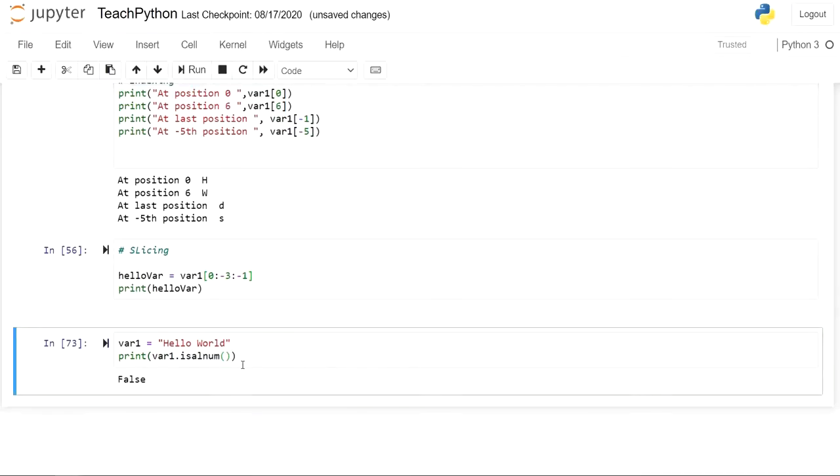You can see this is false because this is only alpha, not numeric. If I write here 4, let's see what happens. It is again false. Why? Because it has a space, but if I combine this whole string, then it will return true. Got it? I hope you understand what isalnum is.